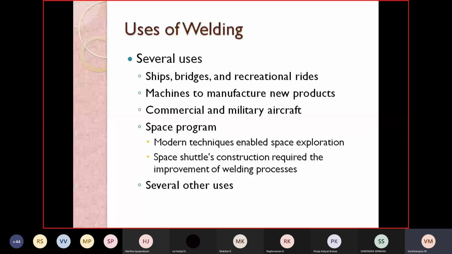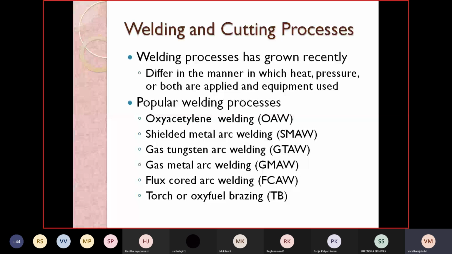And welding is not only used for joining, it is even used for cutting also. Cutting can also be done by welding. And the popular welding processes, as I have already detailed with the classifications, are oxyacetylene welding, shielded metal arc welding, gas tungsten arc welding, gas metal arc welding, flux cored arc welding, and torch or oxyfuel brazing, and the information related